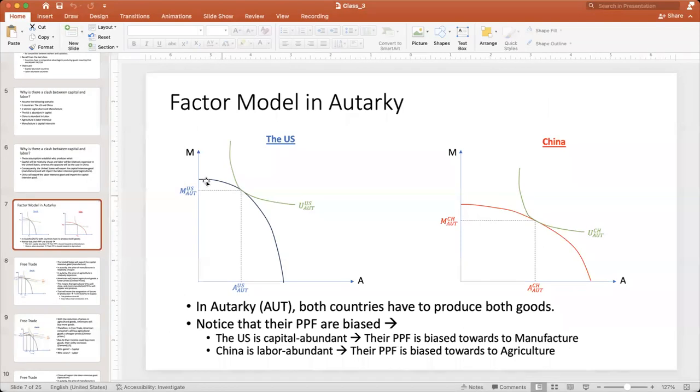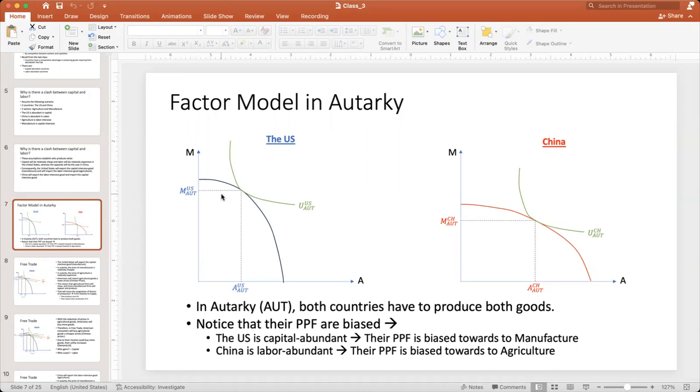So we are defining the PPF and the indifference curves in each country. On the y-axis, as I am presenting in the slide, we have manufacturing goods. On the x-axis, we have the agricultural goods. So we are depicting the equilibrium in autarky, and both countries have to produce both goods because this is a closed economy. However, one thing that I want to highlight at this moment is how the PPFs are different in